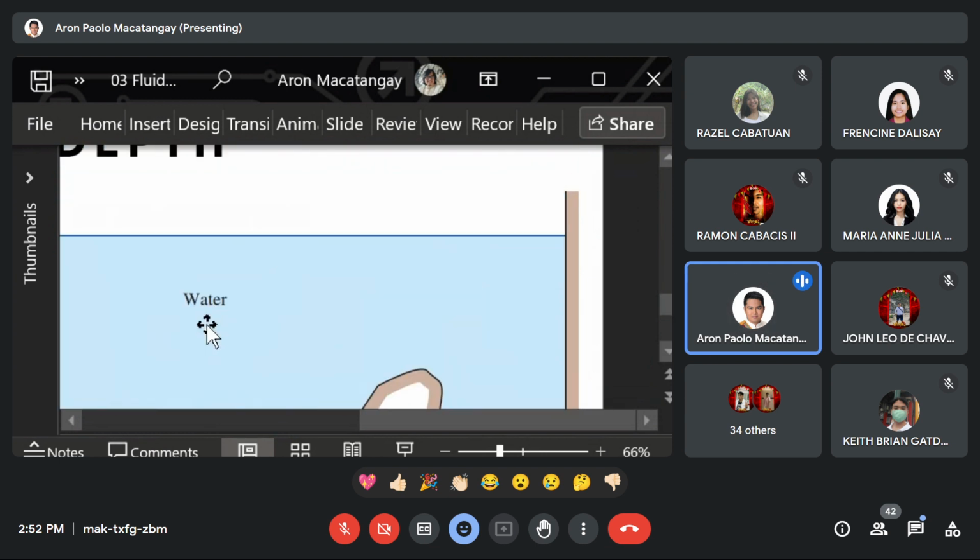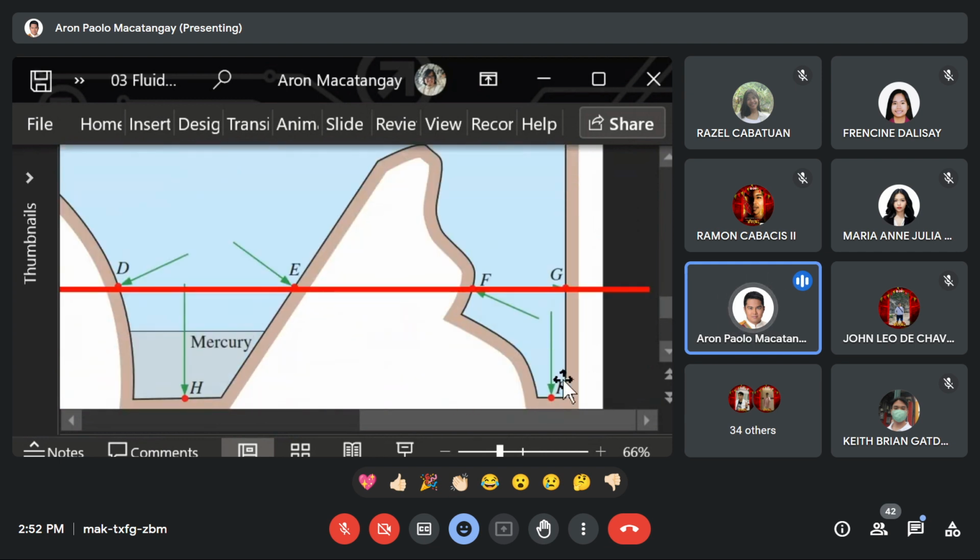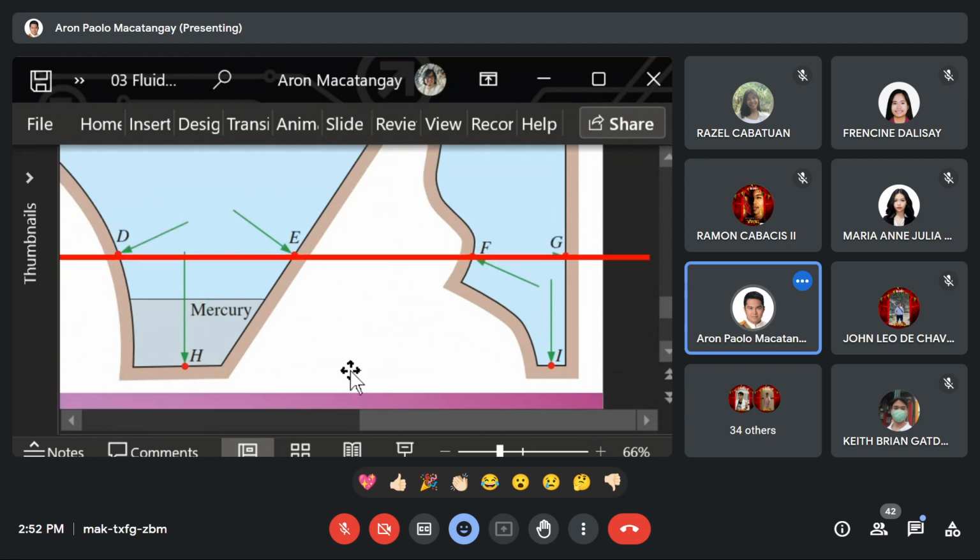Well, dito, the rest of the body, water siya. So, if you follow the formula rho gh, yung h nila, actually the same. However, the rho or the density is different,